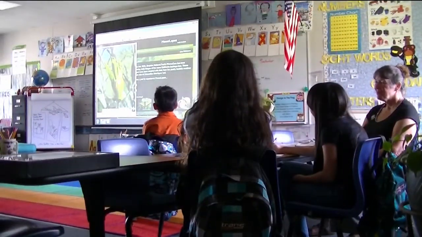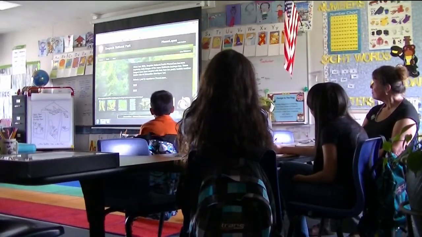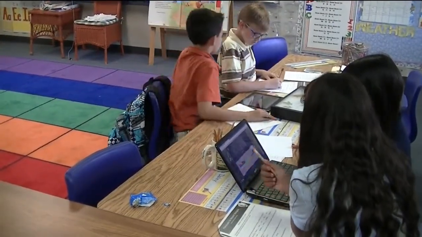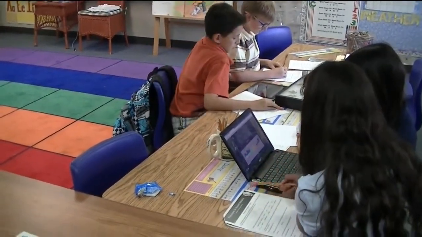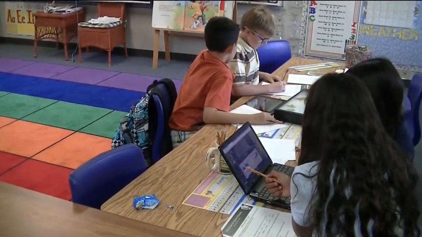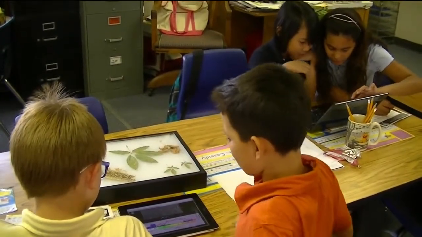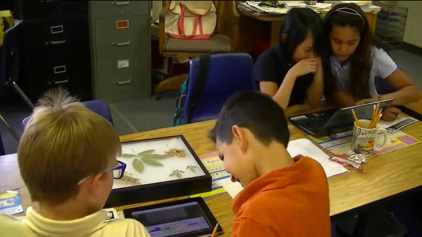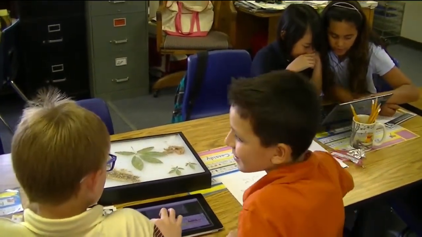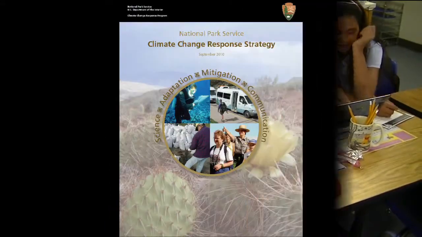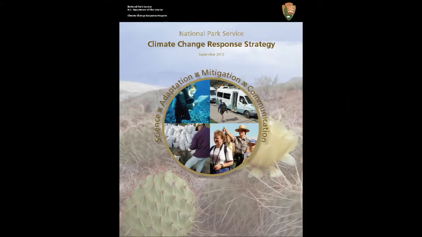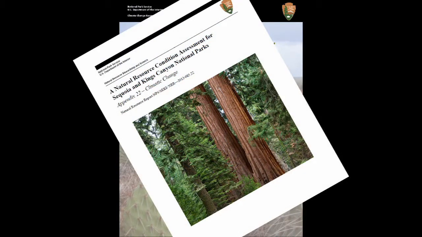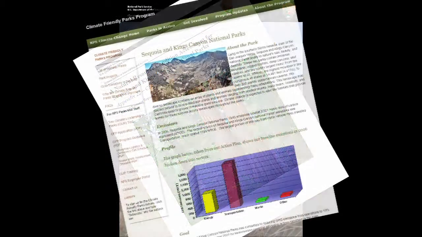After being introduced to phenology and the phenophases of the California buckeye, they worked their way through the research lab report in groups while playing the role of research biologists using laptop and tablet computers. The feedback from the students and the teachers helped me fine-tune the lesson plan and PhenoLapse. While at Sequoia National Park, I had the opportunity to learn how climate is impacting the park's ecosystems and how they are mitigating these impacts.